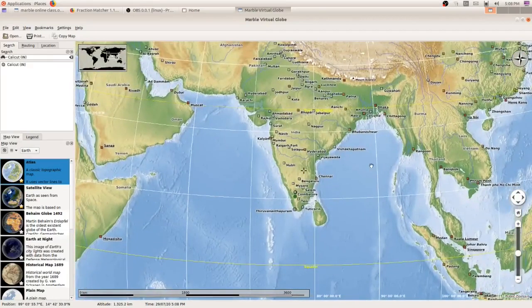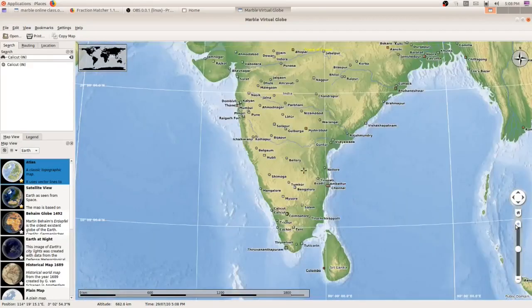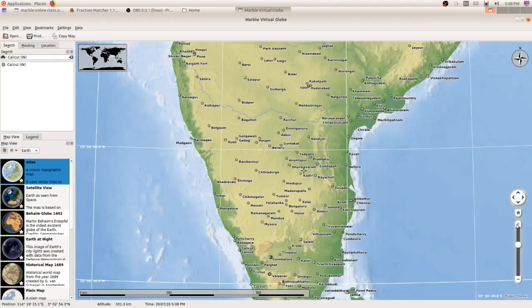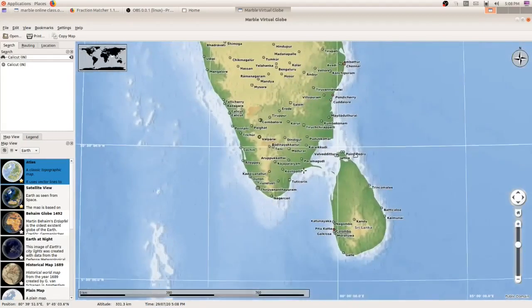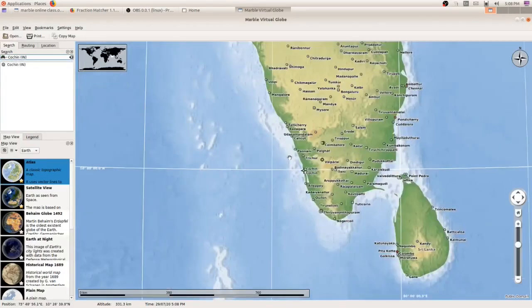Suppose I want to find the latitude and longitude of Cochin. First I need to search the place Cochin. Press enter key and you can see a white cross mark here.